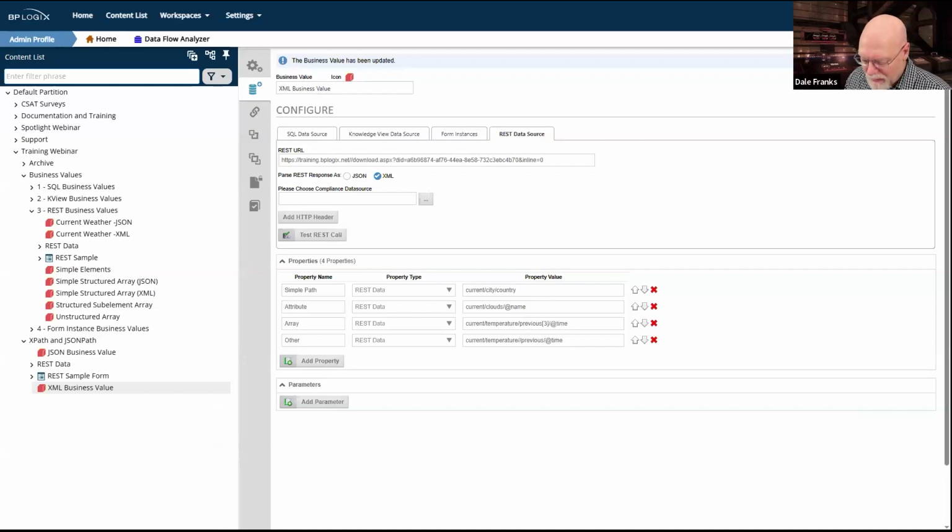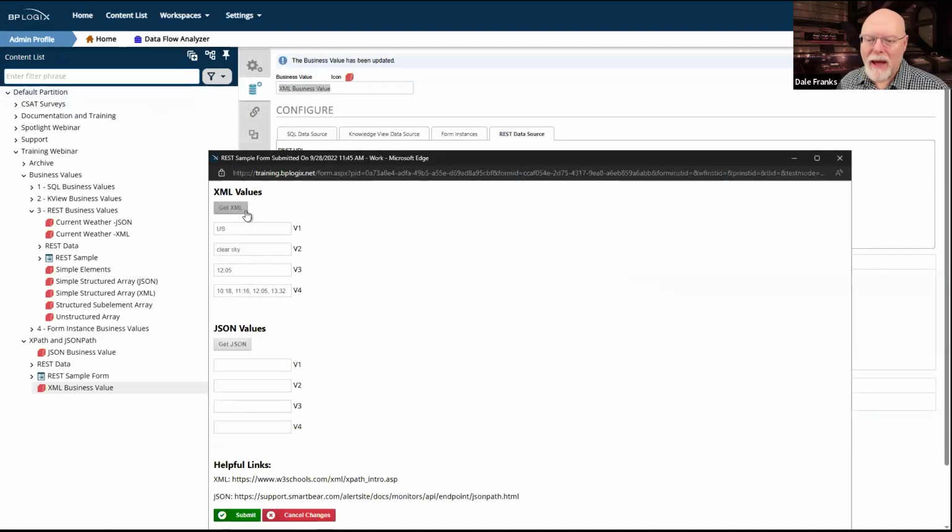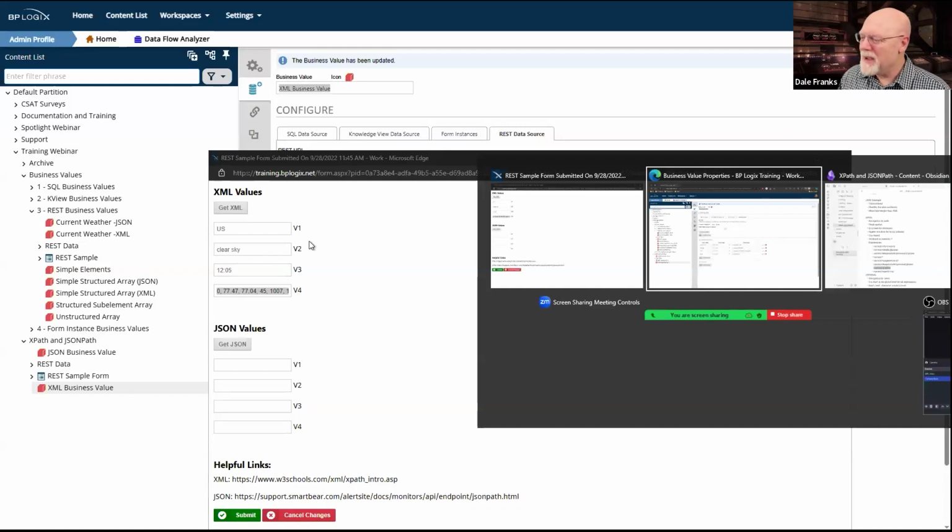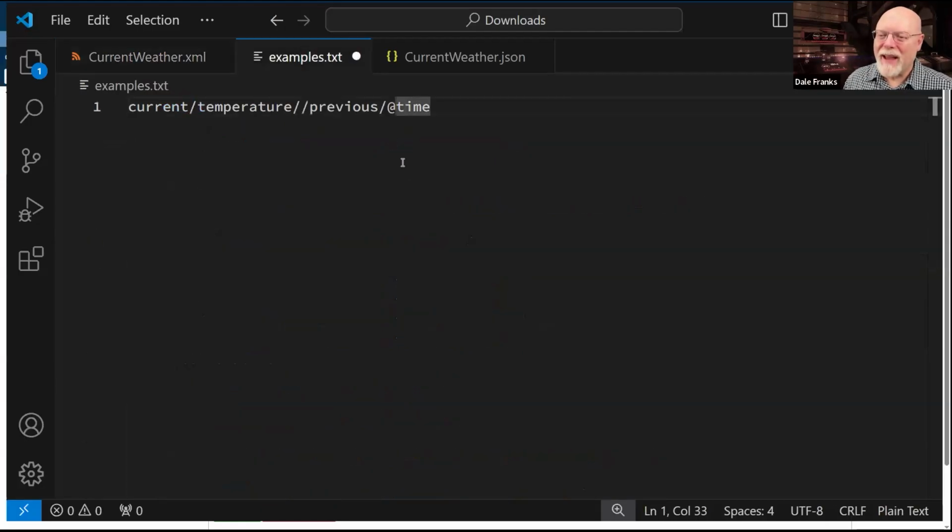So let's do something with that double slash. Again, on a non-array field, we'll go with current slash slash at value. Let me update that. I really should make that a much longer text field, because this is kind of hard to read. So let's transfer the data that we returned using that syntax, and paste it back in here.